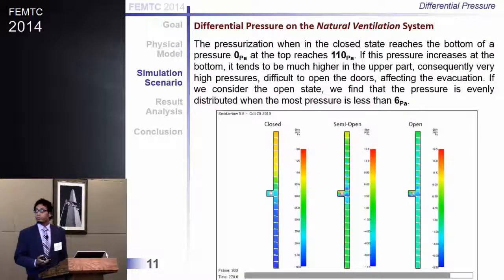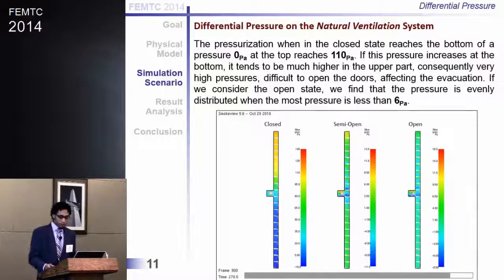Without, not without the pressurization tool, it's analyzed in this research because we see